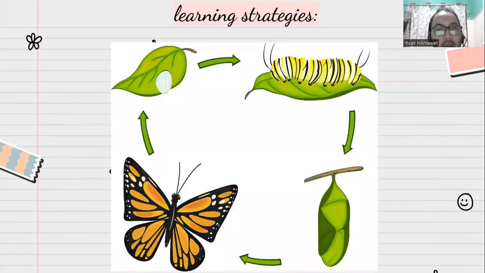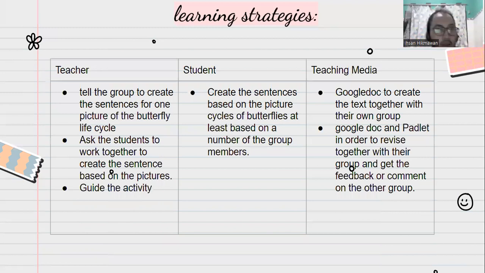Okay, so here are examples of the pictures, but this is arranged, so I'm going to make it random. Okay, and then after that, the students are going to be given the activities to create a sentence for each picture of the butterfly cycle,